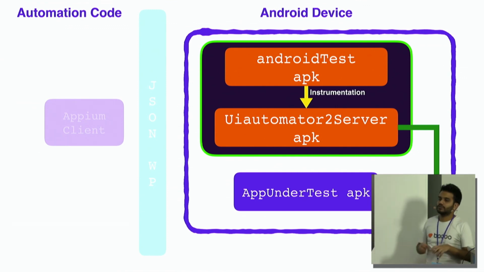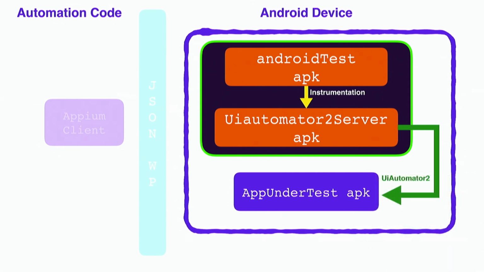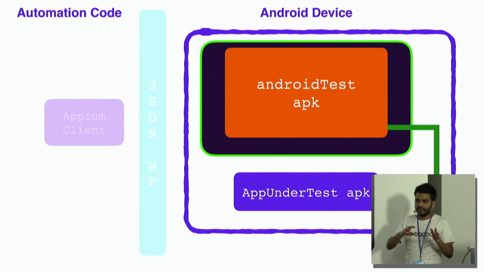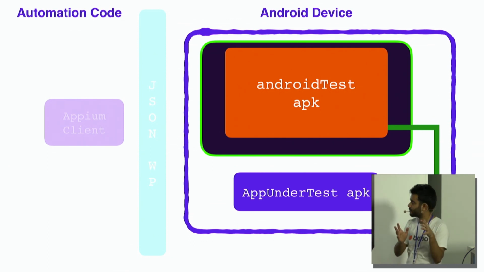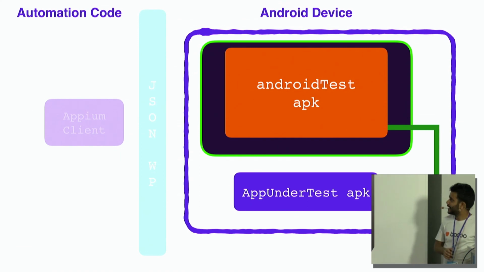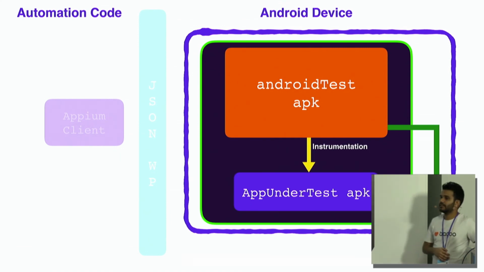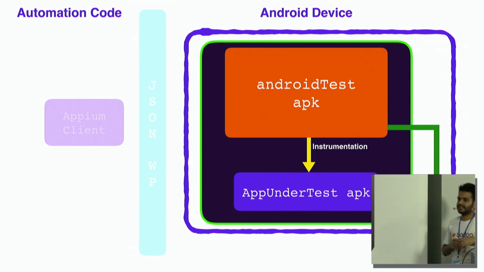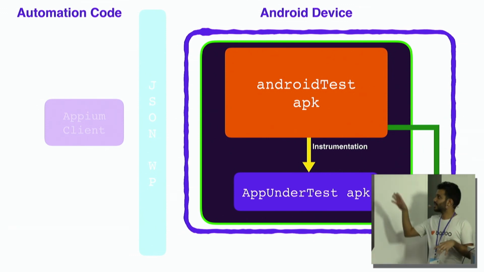Now to use backdoors, we need to modify the architecture slightly differently. If you see, there are two apps. One is instrumentation of another app, and the test APK has nothing but just a test. So we can take advantage here and merge these two apps into one app. We merge the server part into the test part, so that both the JUnit test and the HTTP server are now in one APK, right? And then we instrument our application under test using this merged APK. If we can do this, we can access the context of our application under test using our server,